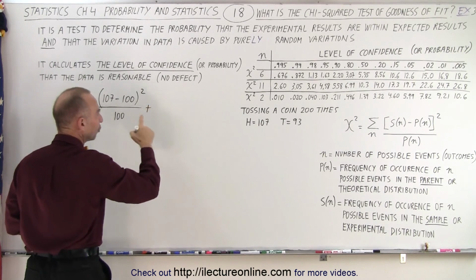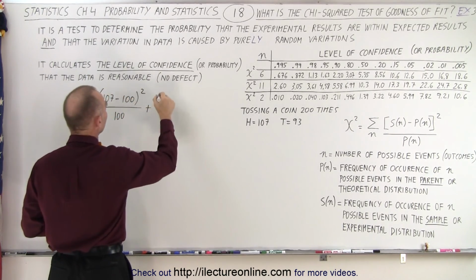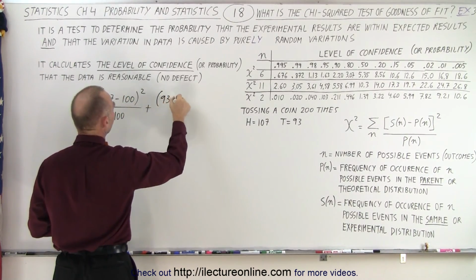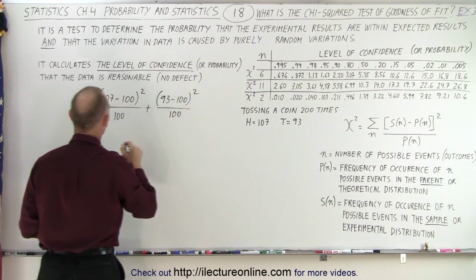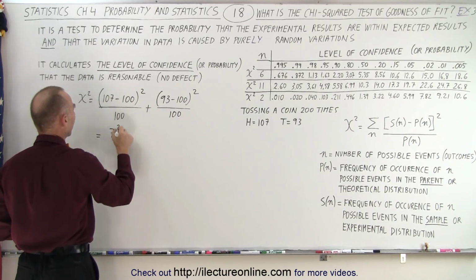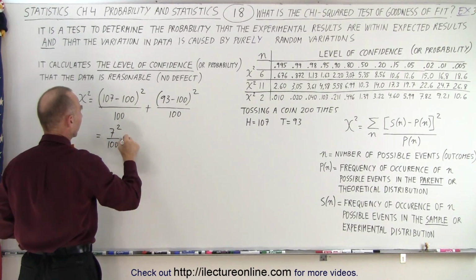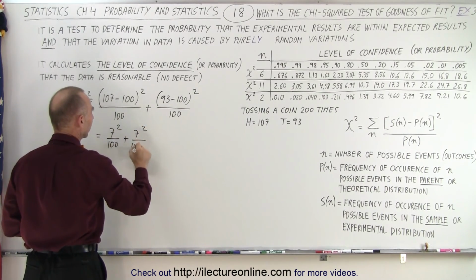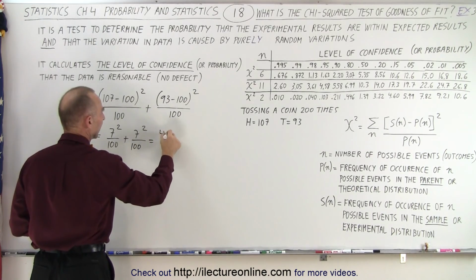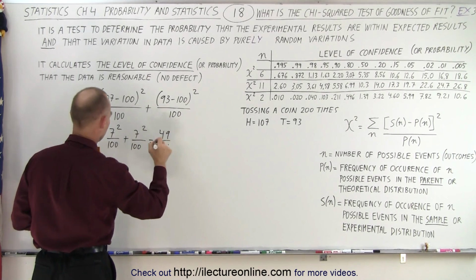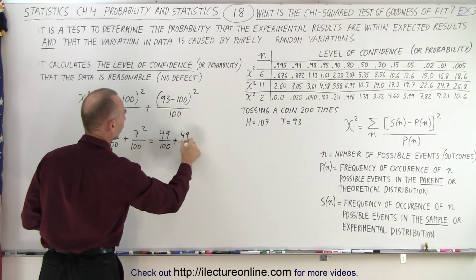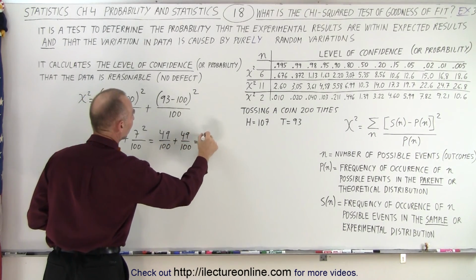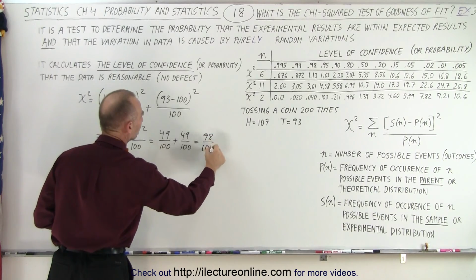And then we add that to, because we're summing, 93 minus 100, quantity squared, divided by 100. So this is equal to 7 squared over 100 plus 7 squared over 100, which is 49 over 100 plus 49 over 100, which is 98 over 100,